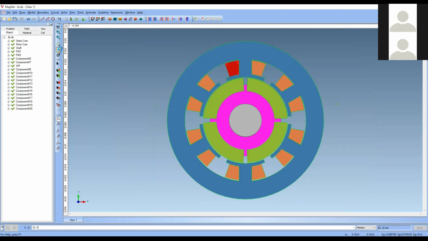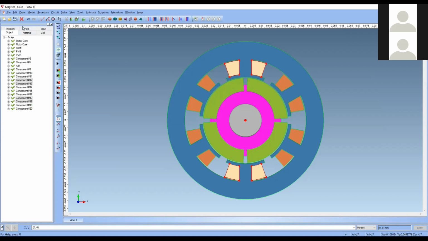Okay, now you want to create coils. As I have shown already, this pole and this pole will be taken as A phase, this pole will be taken as B phase, this pole will be taken as C phase. Okay, now what you want to do is select this, this, okay, in this sequential order. Then only the coil will go in here and come out here, go in here and come out here. In whichever sequence you want to make the coil, in that sequence you want to select.